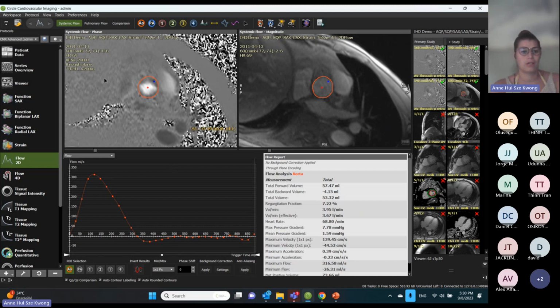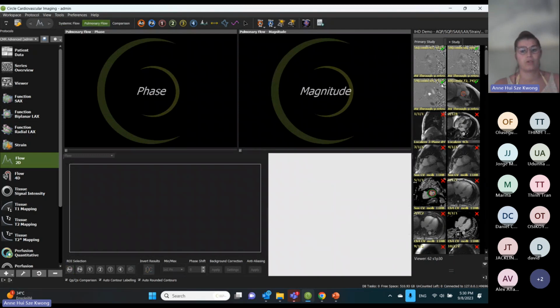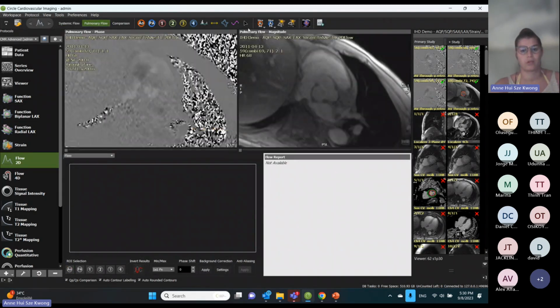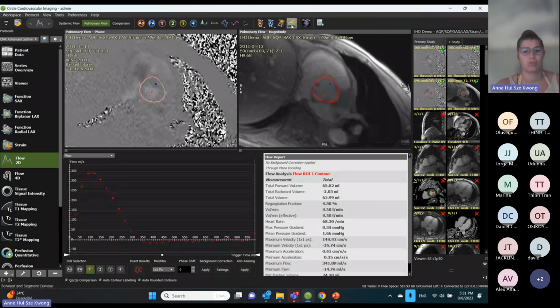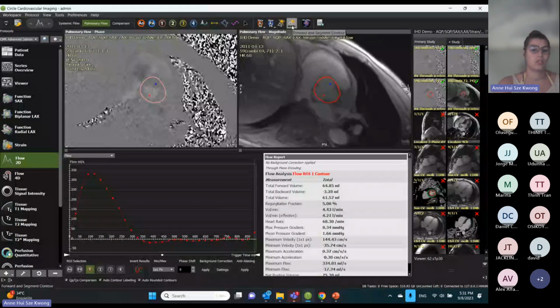So you can do the aorta. We are in the systemic flow. We could go in the pulmonary flow. I will drag something else, even if it's not the pulmonary artery, but this is just to show you. I could use the AI if it's aorta or pulmonary artery, but here it's not, so I can just use ROI number 1, I put the level I want, and I use the propagation tool here. So if it's aorta or pulmonary artery, you use the AI tools, and if it's any other vessel, you can just